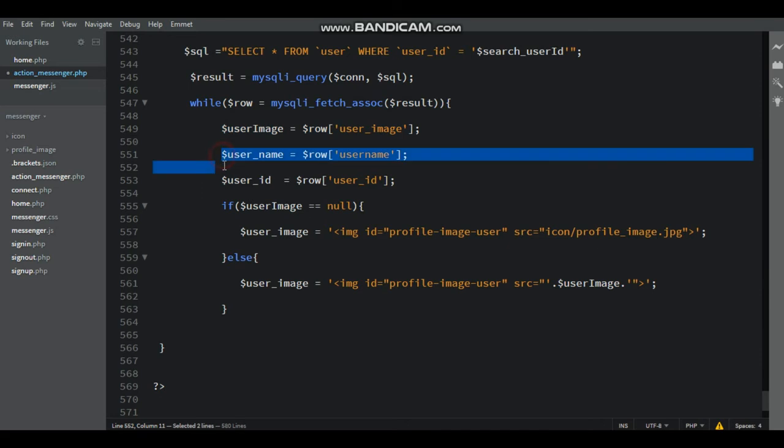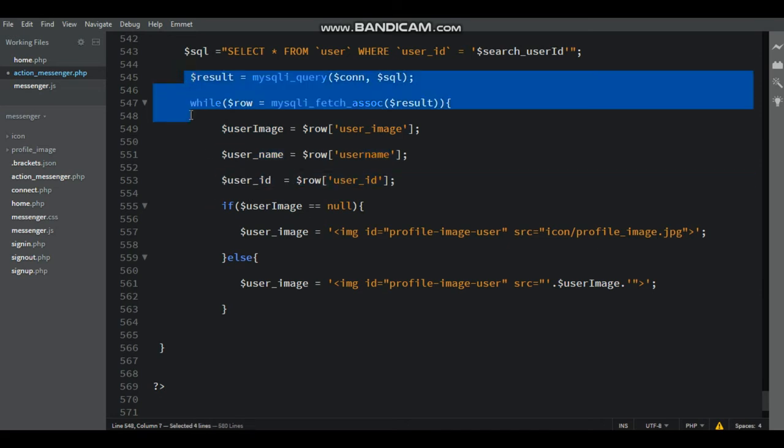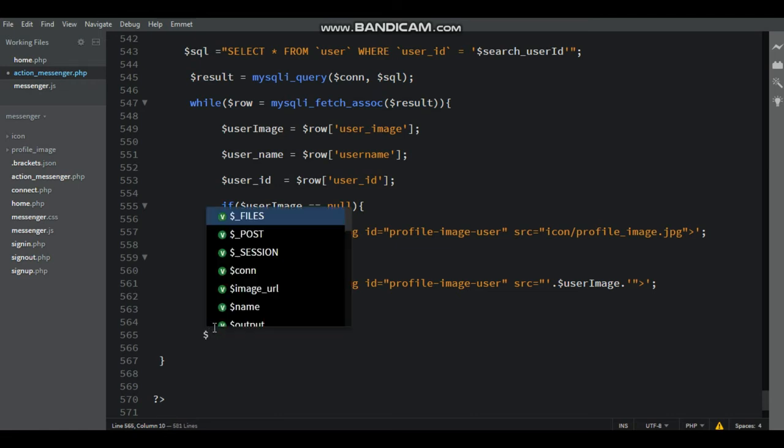Here that is user image not equal to null, fetch this user's image icon, else user's image.